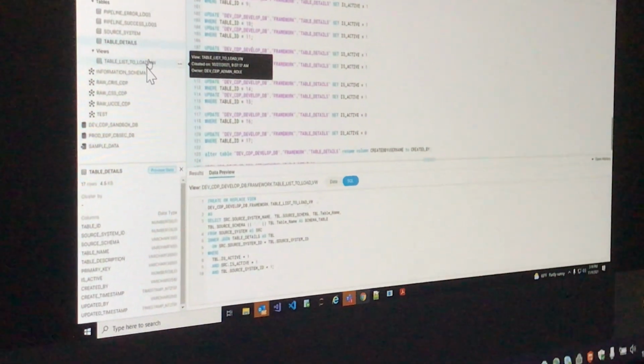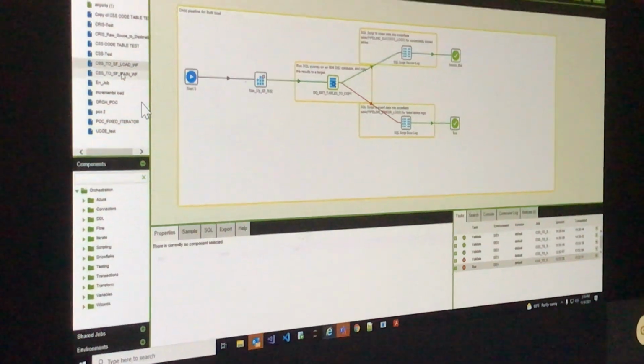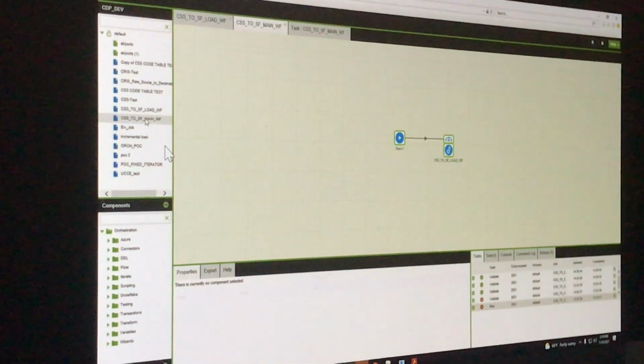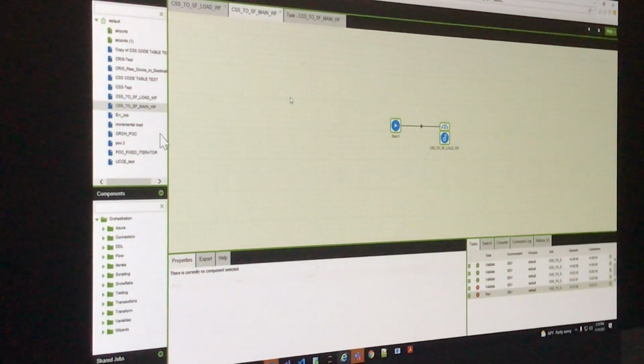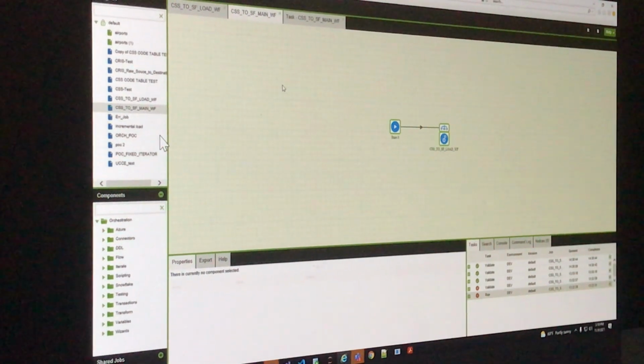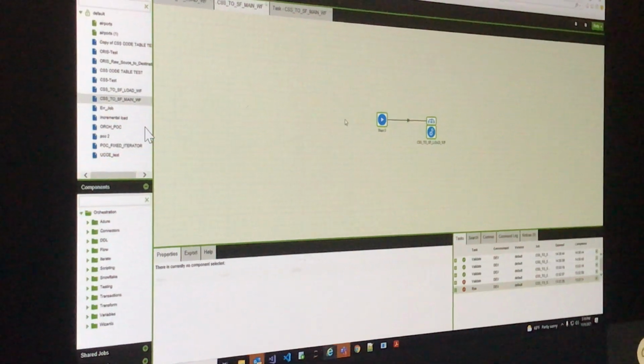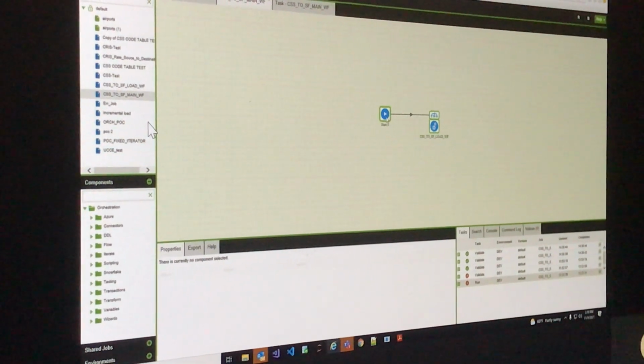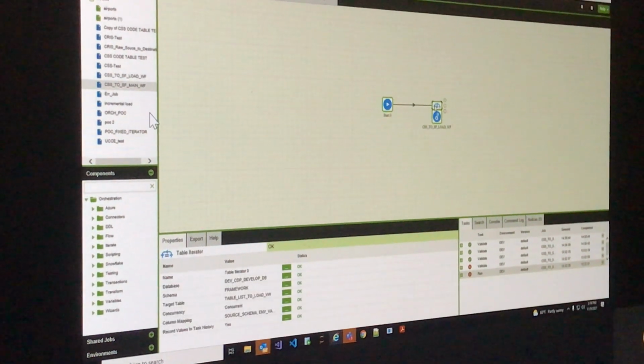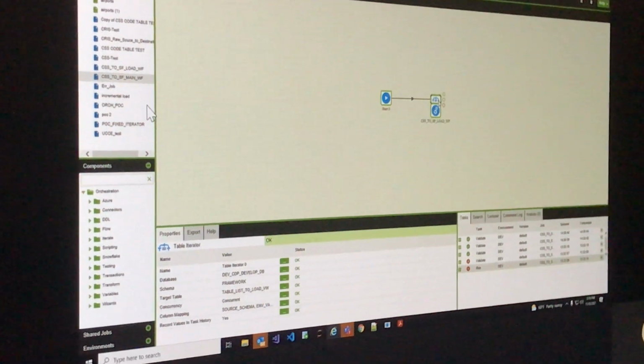So the view is the main thing for us. What we are doing is going into the Matillion pipeline, and in the Matillion pipeline, this is our iterator. We are going to run this pipeline. This is our main pipeline. Once we start this pipeline, it will go to the table iterator, the arrow you can see.